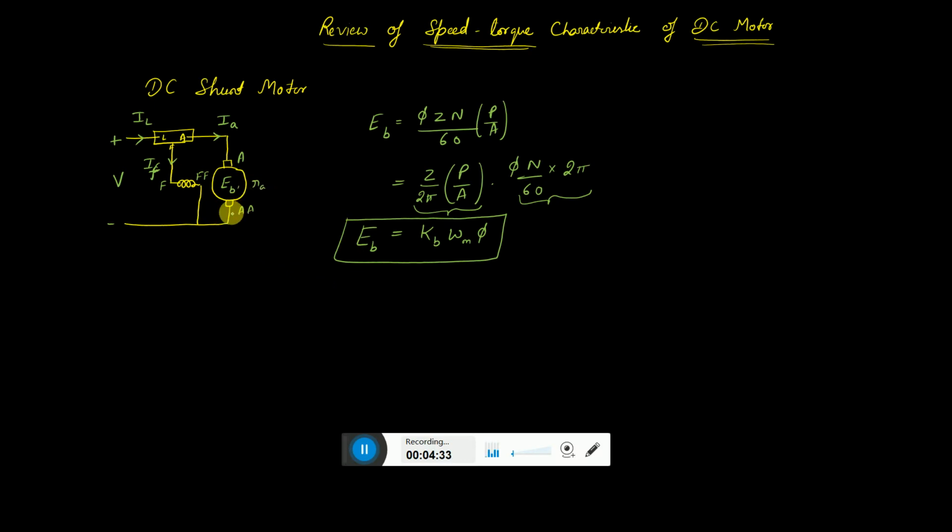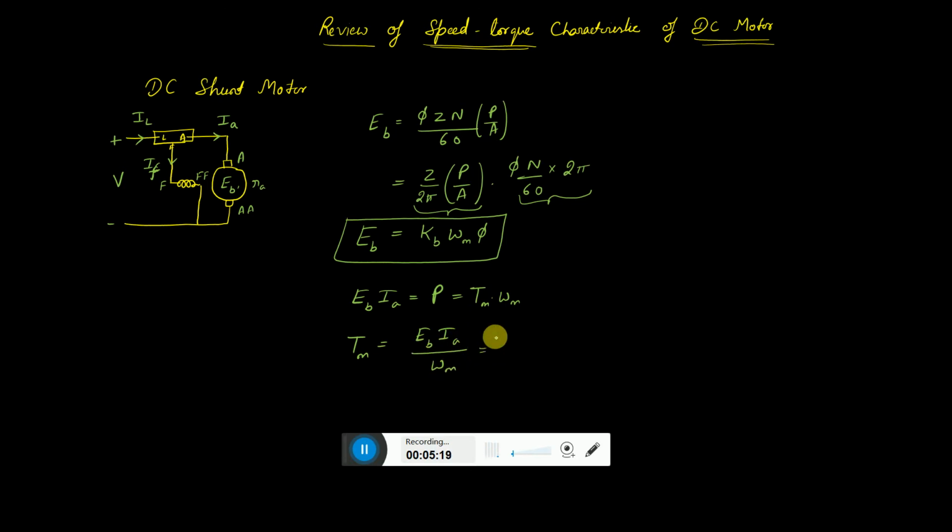Another expression that we can get from here is the power developed in the armature, which is nothing but EB into IA. IA is the current flowing in the armature. So net power is EB into IA, and this power is converted into speed and torque. So we can write this is equal to Tm, the mechanical torque, let us say shaft and other losses are neglected, so mechanical torque developed into omega m. So from this we can get the relation for Tm, that the torque developed is equal to EB IA by